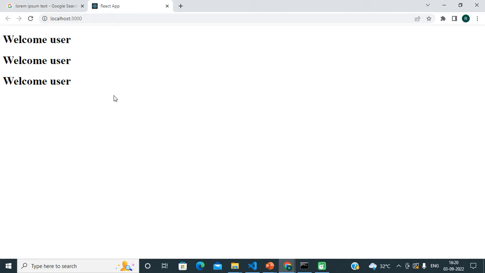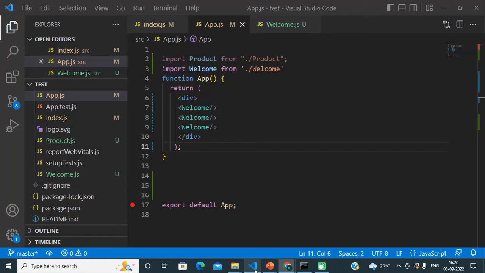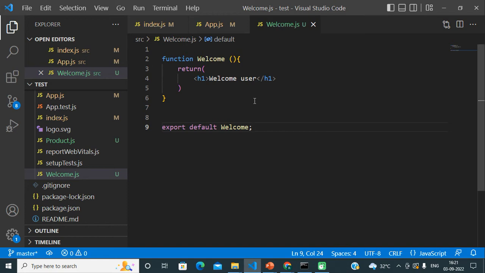Then the next time I should get welcome and another user's name, like LP. One more time, I should get welcome Daniela. If my requirement is like that, how can I achieve it? Because that is a wonderful concept of reusability. If I want to reuse this component like that, then what should I do?